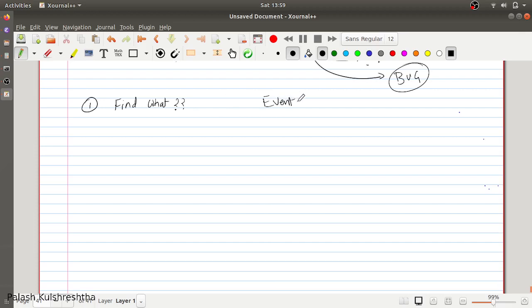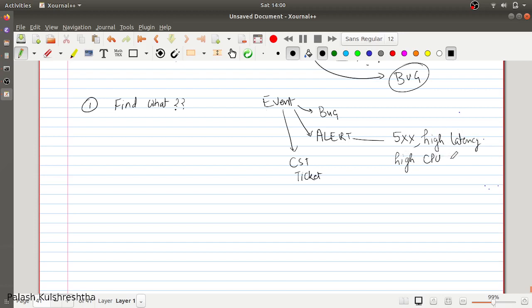An event can be a bug, it can be an alert, it can be a CST ticket. Alerts can be 5xx alerts, high latency alerts, high CPU alerts, and high memory usage alerts.